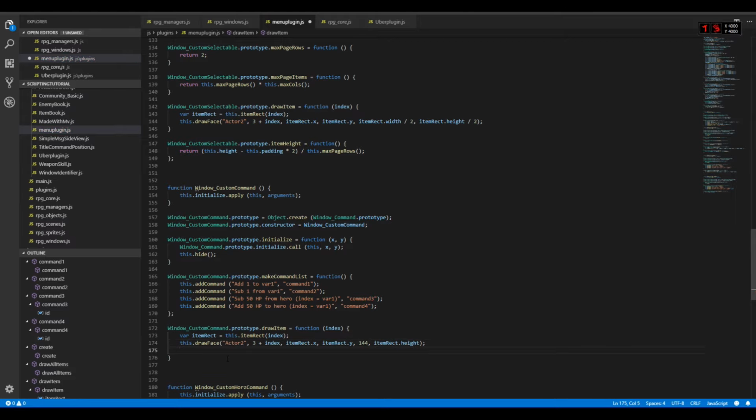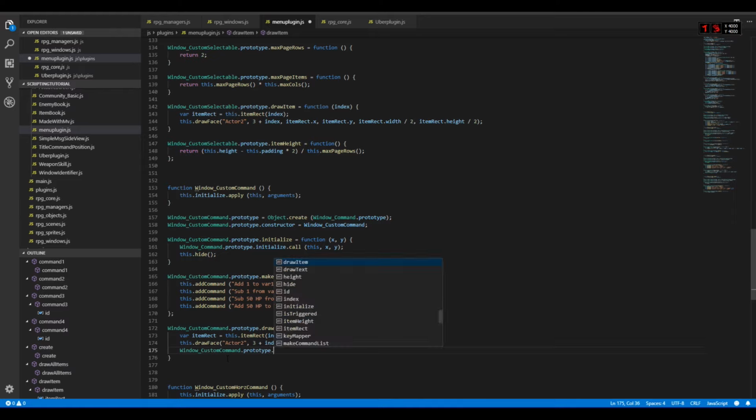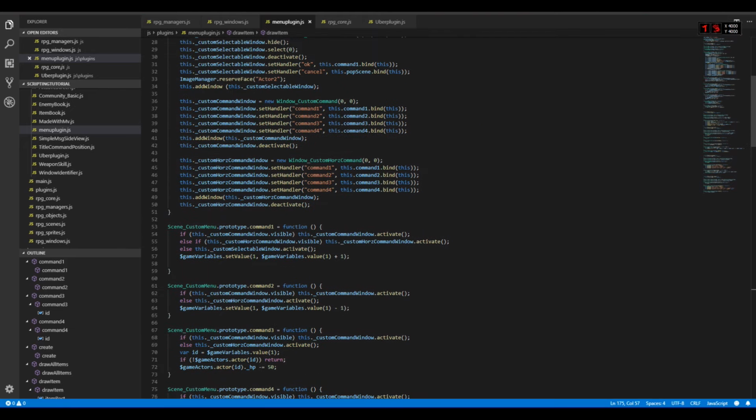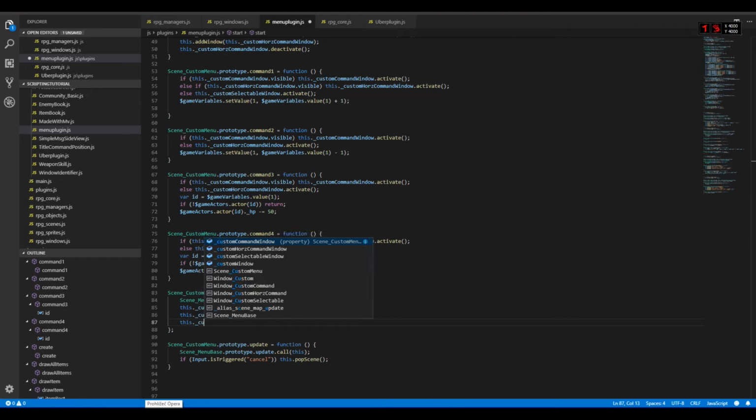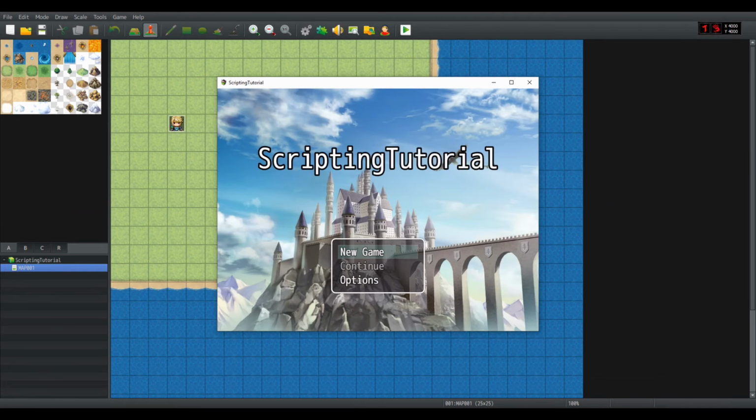And of course we need to still draw the text, so Window_Command.prototype.drawItem.call(this, index). Now of course we should not forget to refresh the window, otherwise it won't display properly. So let's take a look at the start. This._customCommandWindow.refresh, save, launch, new game,